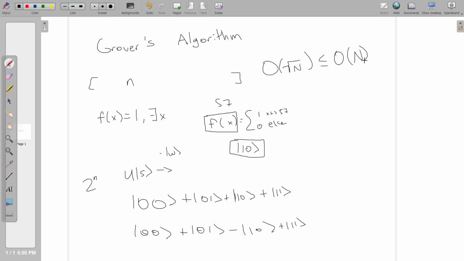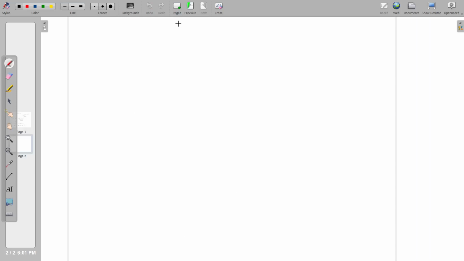Because think about it, if you're checking a list, you have to go through every single element in the list, whereas this can do it in square root n time. And that's also been proved. I won't discuss how this result is found, because does it really matter? We know that it's that time, and from a pragmatic point of view, that's all that's interesting to me, at least. And so we can quickly see that this oracle function is,